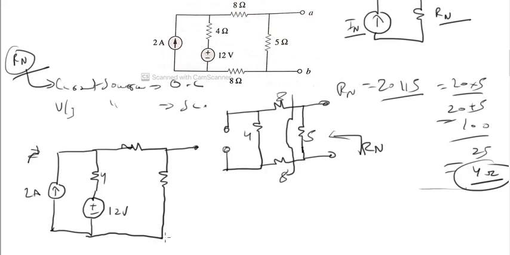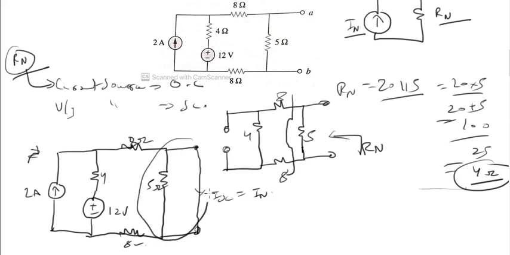And for calculating Norton current or short circuit current, we short circuit the load side, ISC, which is equal to IN. See, 5 ohm, 8 ohm, 4 ohm, and this is also 8 ohm. This shorts this, in parallel with 5 ohm. We have short circuited the load, therefore no current will flow here. Okay, here zero current will flow. Now if we redraw the circuit,